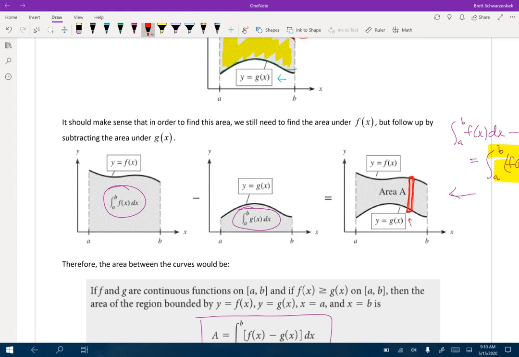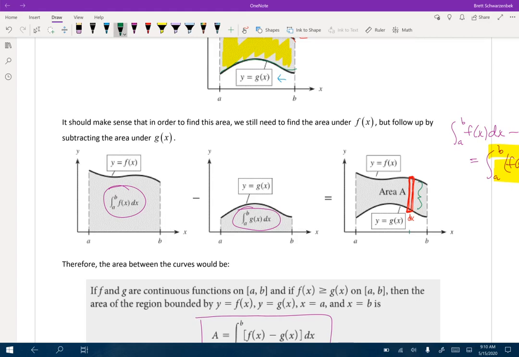Well, the base of the rectangle was previously the change of x, right? So we replace that in our integrations with dx. So the base is dx. Well, what is the height of this rectangle? Well, the height of the rectangle is essentially the difference between the functions. So how do I know that? Because if I want to know the true height of this at some value,